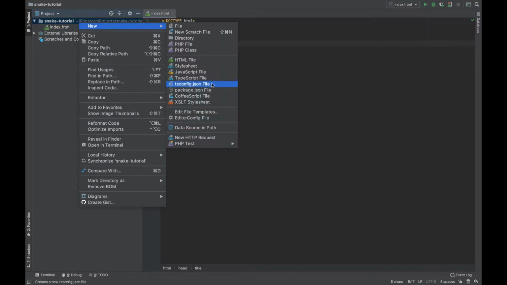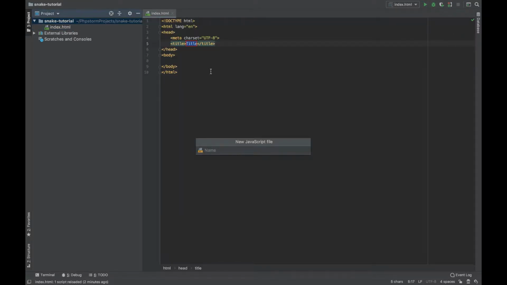And then we're gonna create a new JavaScript file. So the thing is, you can write your JavaScript inside your HTML file, but I would say for management purposes, if you put it as an external file, it will be easier for you to look for the actual script part. This will be especially efficient if you're writing a large amount of code. So we'll create a separate JavaScript file. We'll call it snake.js,